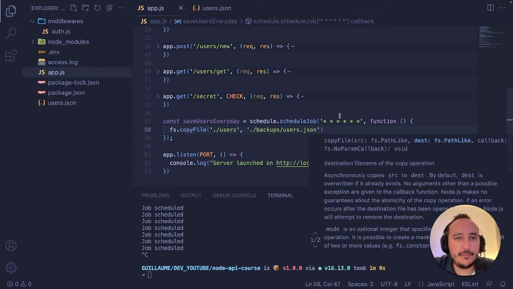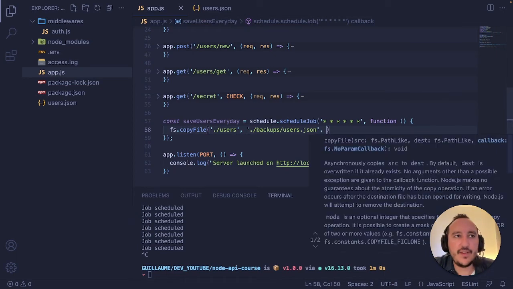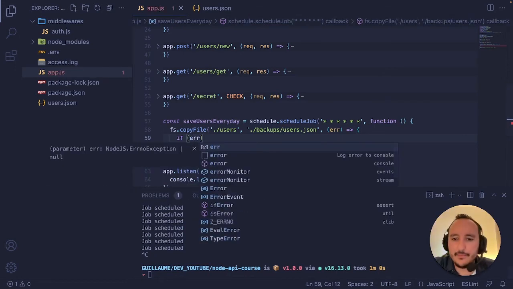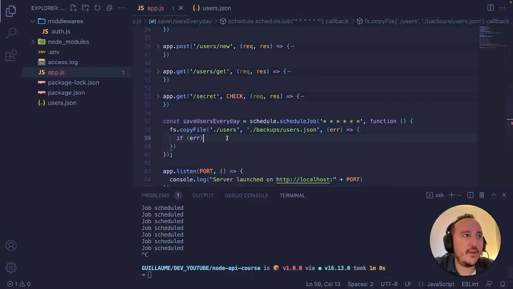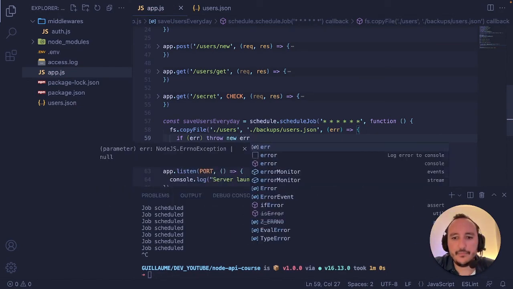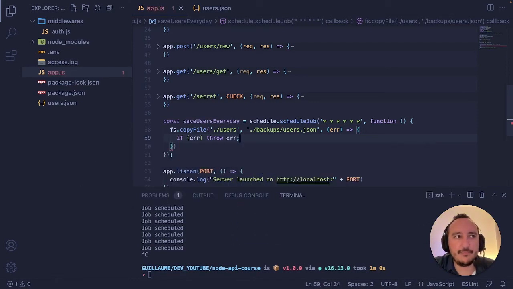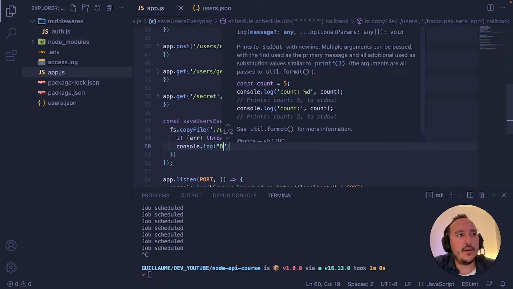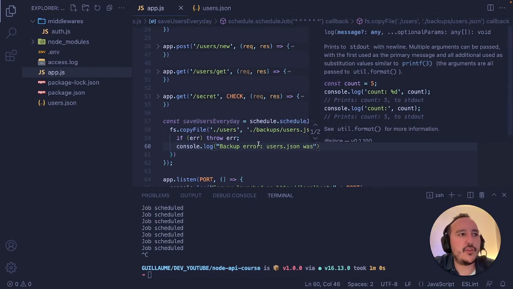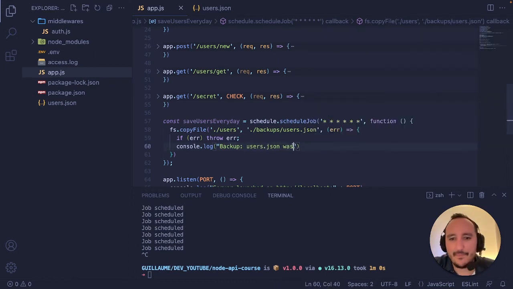And if there is an error, because we've got a callback just after this, a callback with an error, if error, throw new error. Actually, we can throw the error directly, and we want to console log backup error. Oh, sorry, backup, because if there is an error, it means it was not copied to backups. Okay. And if I launch again,